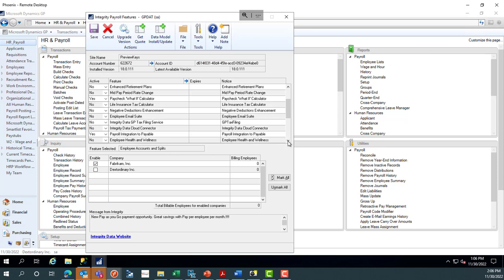And the reason they need to be turned on is because we bundle those just like Microsoft used to. So we don't know which one of those individual features you may be using. So those will need to be made active. Okay, so let's say, for example, you are using employee health and wellness. That will need to be changed to yes. Once you've done that, the feature selected down here will be visible, and then you can select the companies that you're going to be using that feature in. Okay, once you've done that, you'll click here on Save,